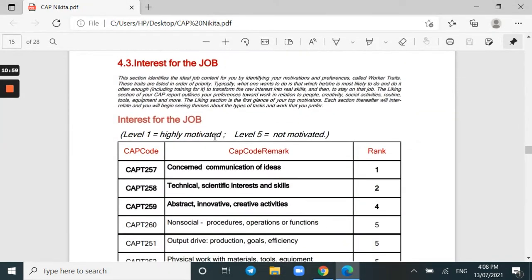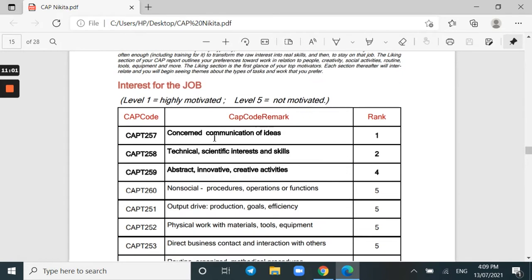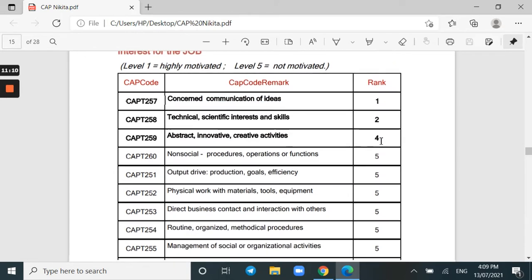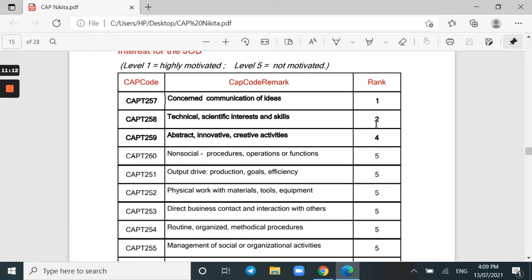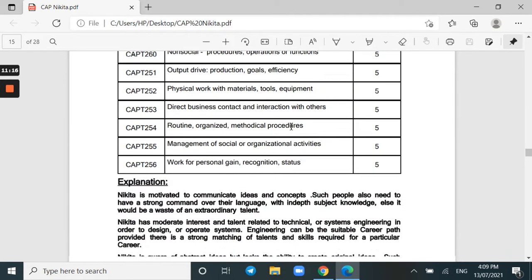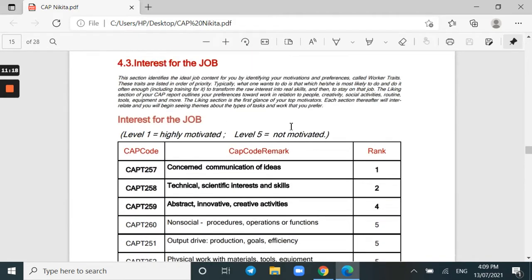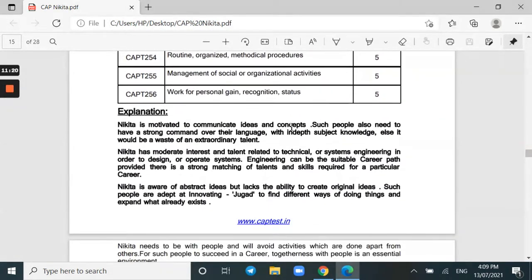The third angle we look at is interests for the job. Within interest levels, it seems the person has very high interest for communication of ideas. So the person wants to communicate ideas, that's a high trait. Technical scientific interests are also at 2, but creative is low at 4, and all other traits in terms of interest levels are also low. What this means, again one to one, is motivated to communicate ideas and concepts. Such people also need to have strong command over their language with in-depth subject knowledge, as it would be a